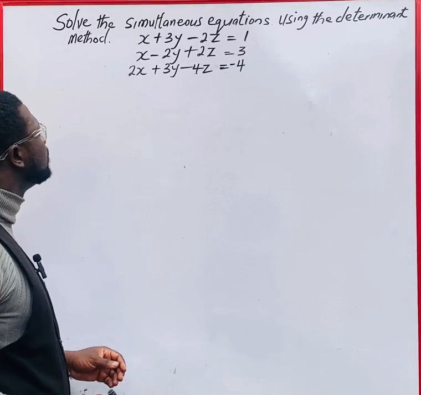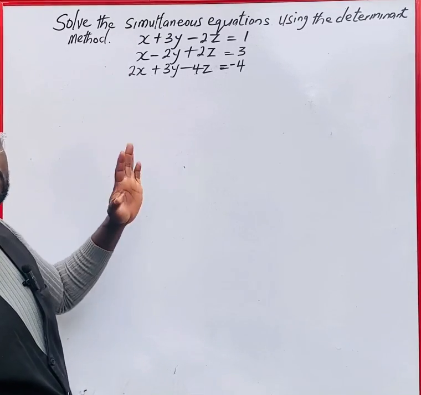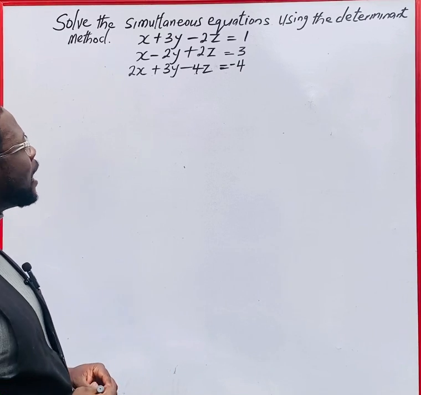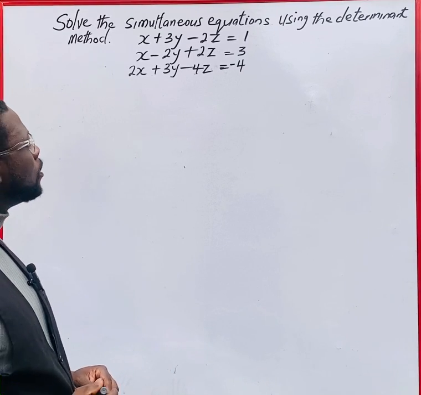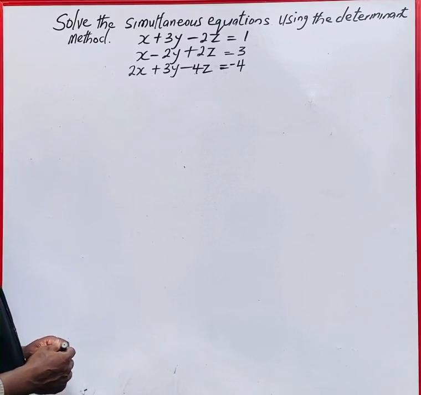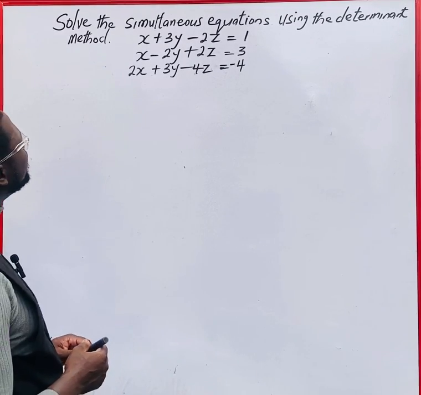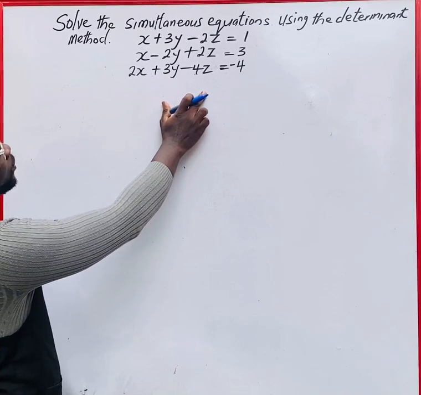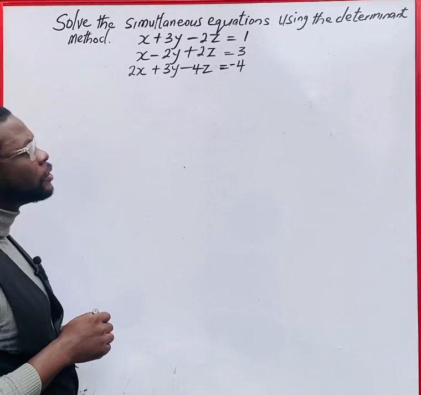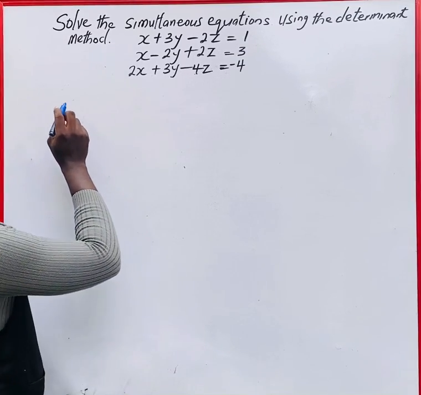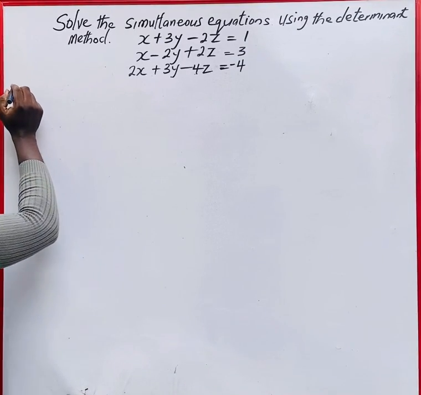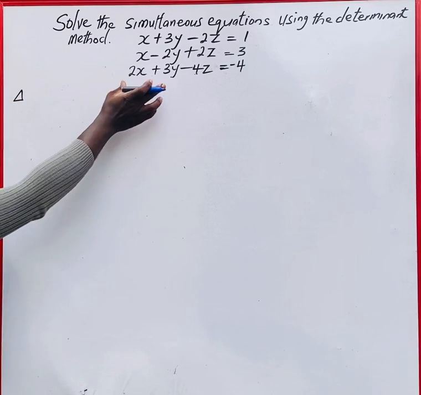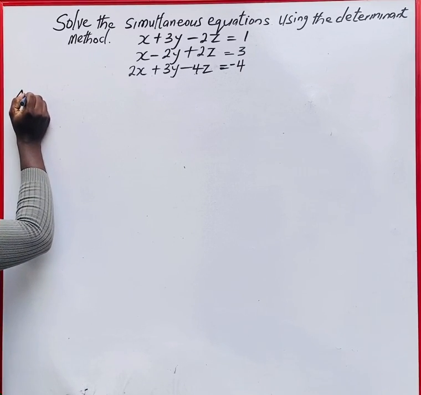All right, everyone. We are given a pair of simultaneous equations to solve using the determinant method. So quickly, what you do in such a situation is to put the coefficients of the variables of this system of equations into determinant form. So we go like this. The first one, the determinant of the coefficients, is equal to